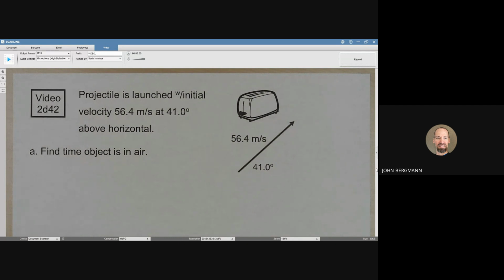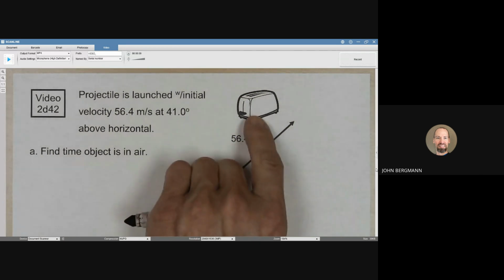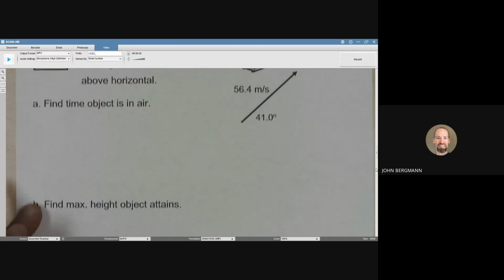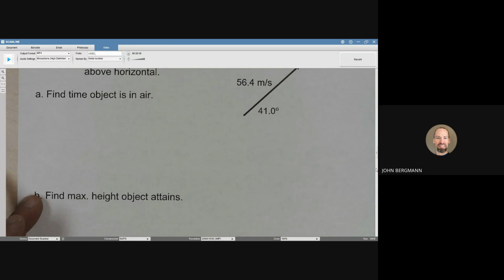In the previous video, we launched a blender straight upward at a speed initially of 37 meters per second. In this video, we're going to launch a toaster, but we're going to launch it at an angle. The initial launch speed is 56.4 meters per second, and the initial angle above horizontal is 41 degrees, and we want to figure out how long this is in the air, how high it goes, and then also on the